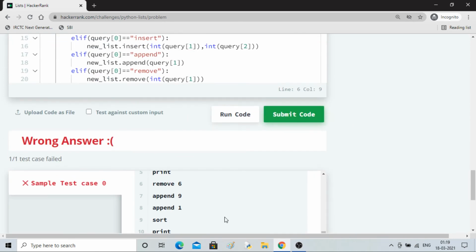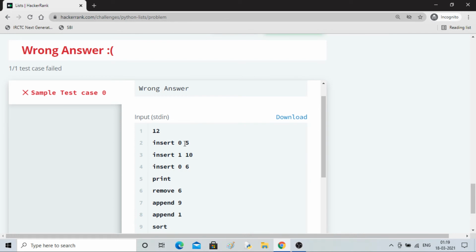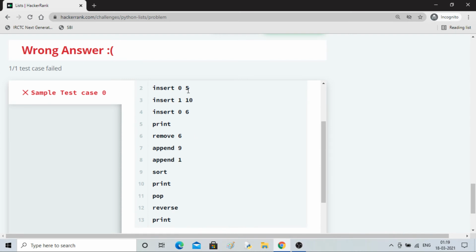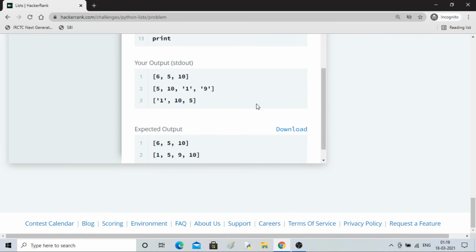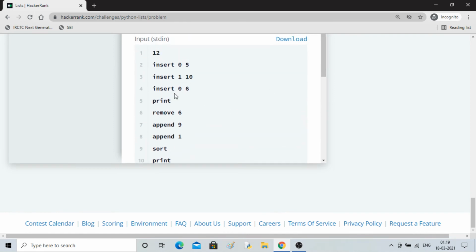So what is being added? 10 has been inserted. So at the 0th position 5 is added, then at position 1, 10 is added, then at the 0th position 6 is added, giving 6 5 10. Then it has printed.